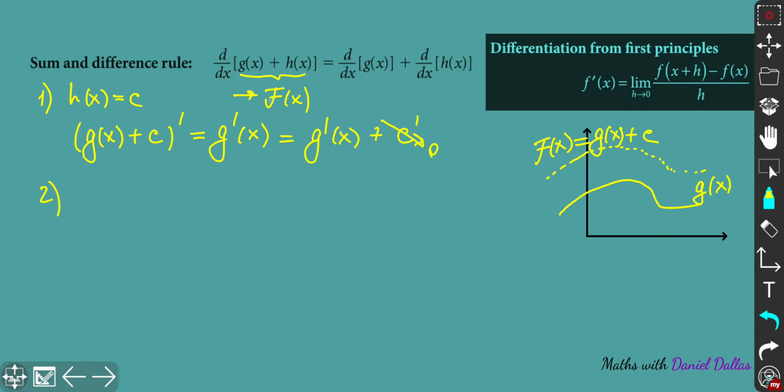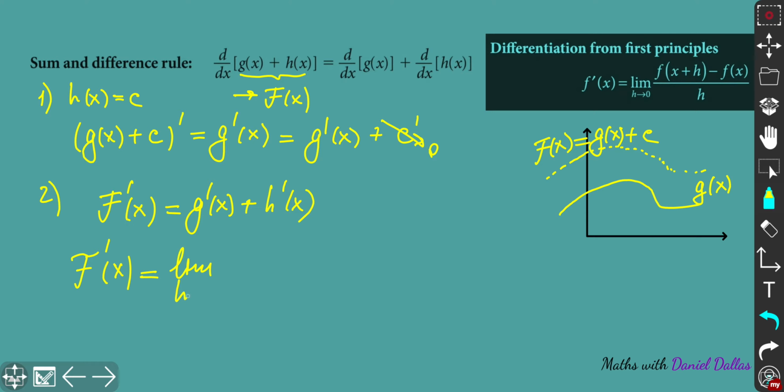Okay, we've done a particular case, but let's have a look more generally. So what I denoted capital F(x), as the resultant function, is the sum of g(x) and h(x). So we're going to prove that F prime(x) is going to be g prime(x) plus h prime(x). What we're going to do is go by definition, using differentiation from first principles. We're taking the limit when h is very small of the fraction. So here we take capital F, so I just rewrite it in our terms. We need to plug x plus h as the argument inside each partial function. So that's why we'll get g(x plus h)